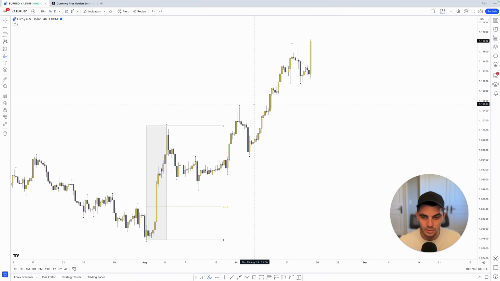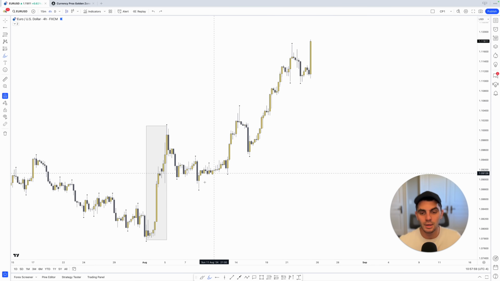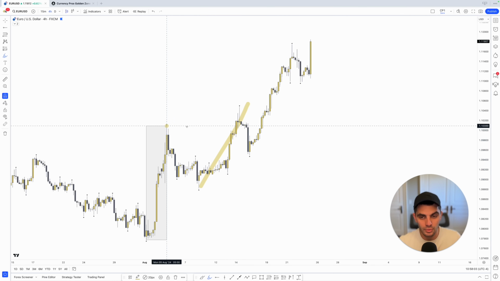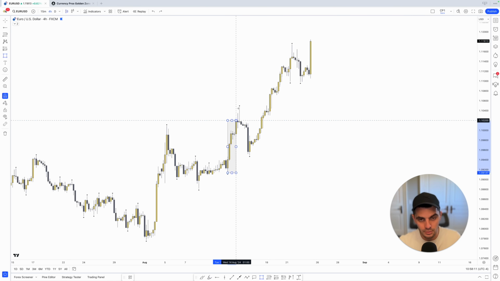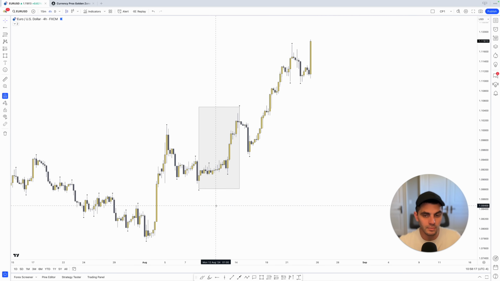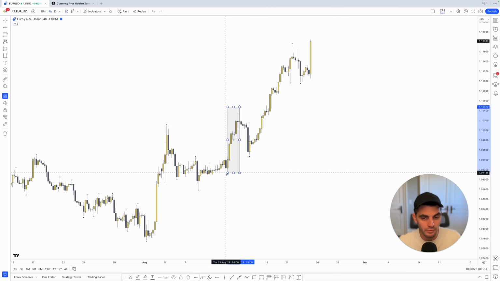But here's the thing, and this is where most people get confused. As price pushed higher and broke through this high right here, that creates a break of structure, and we now have a new range to consider. So let's delete that first range and then focus on this one here. Now, this part is a bit subjective. You could draw it all the way down here as your bullish range, and technically that would be valid, but I like to draw it from where the impulsive move happened,